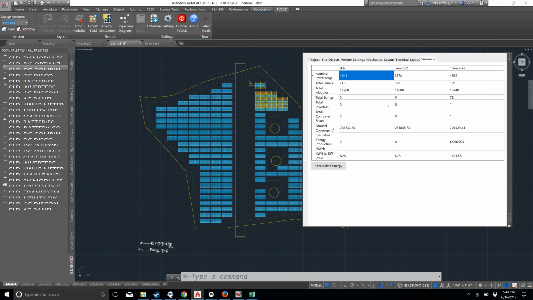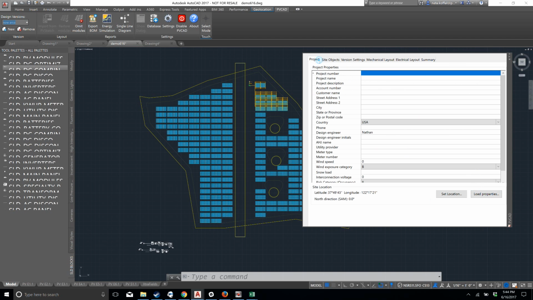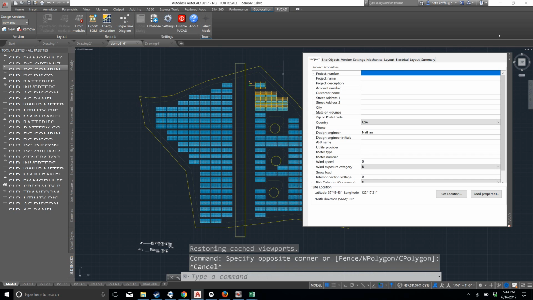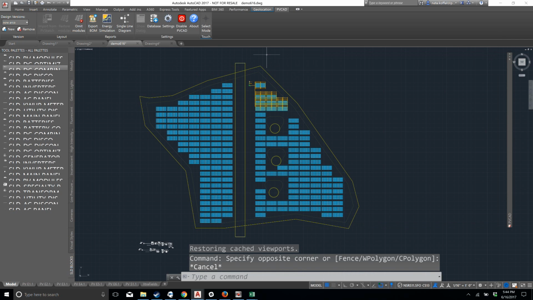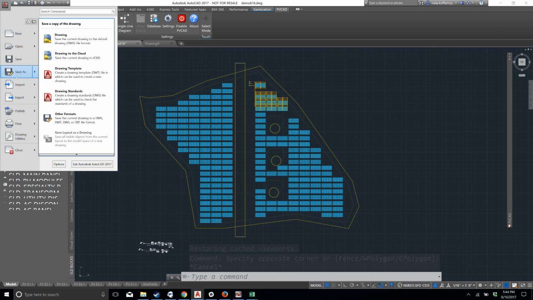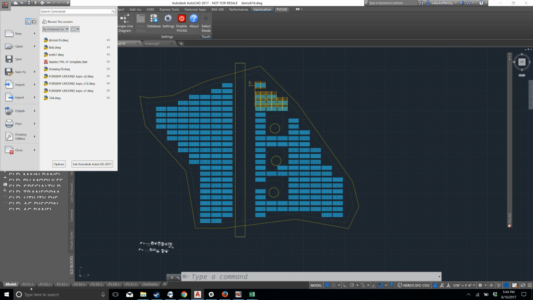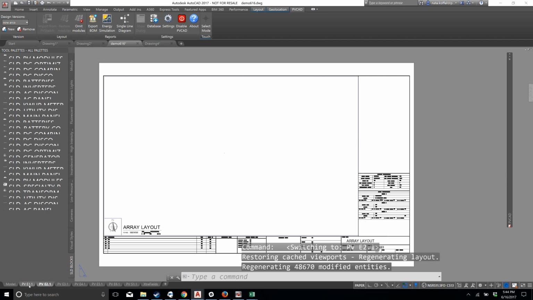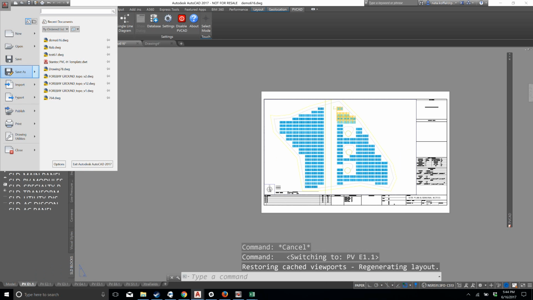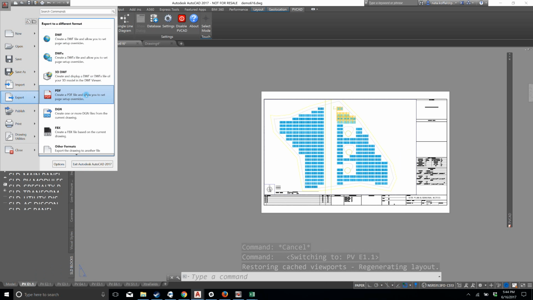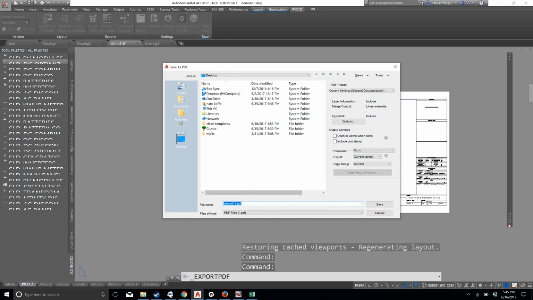And then if you want to, of course, save or export this information, there are a couple of different ways that you can do that. You can click on the A at the top right, Save As. You're going to want to save these drawings as a DWG file. If you want to export, you can do Export PDF. If you want to send PDF documents, it's going to export, for example, these pages that you created. So, for example, E.1, I go Export, PDF, and I can create a PDF file on my desktop of this